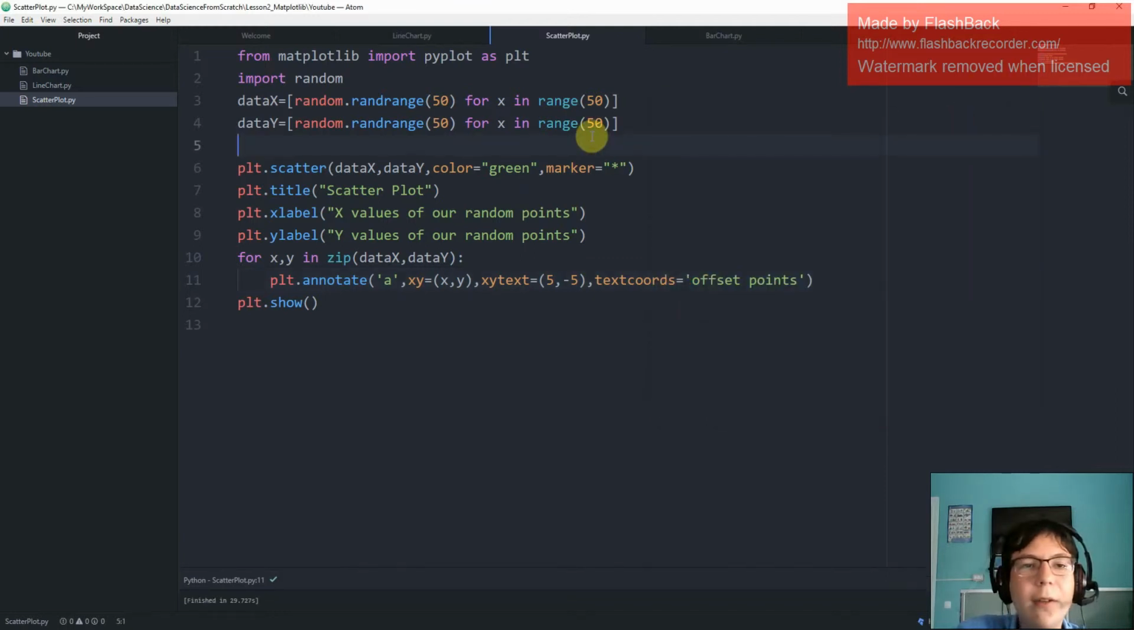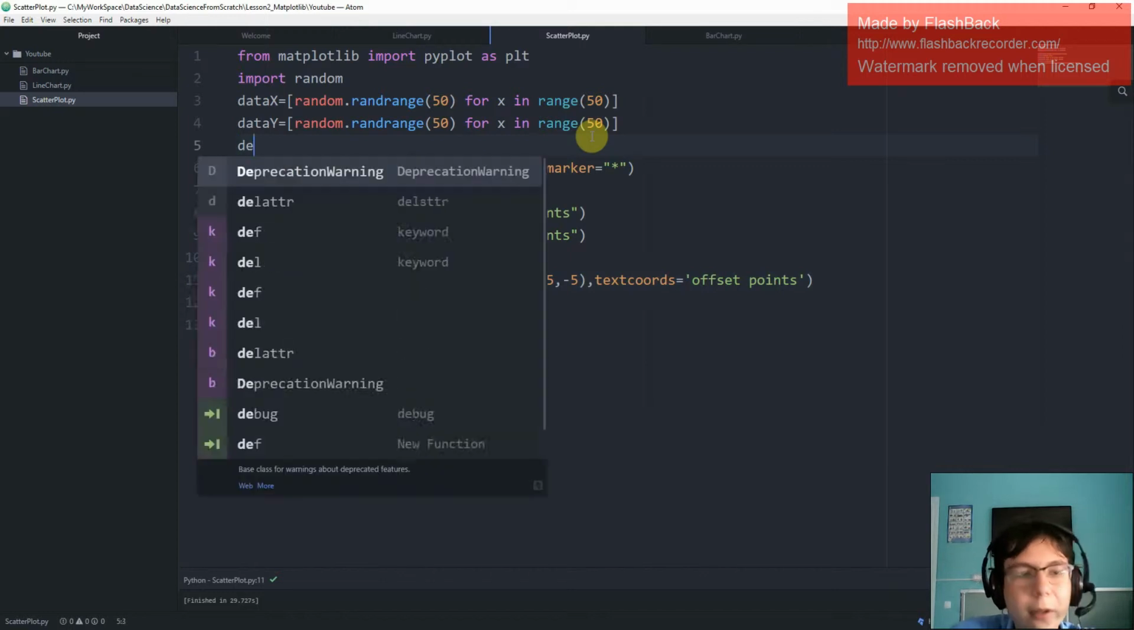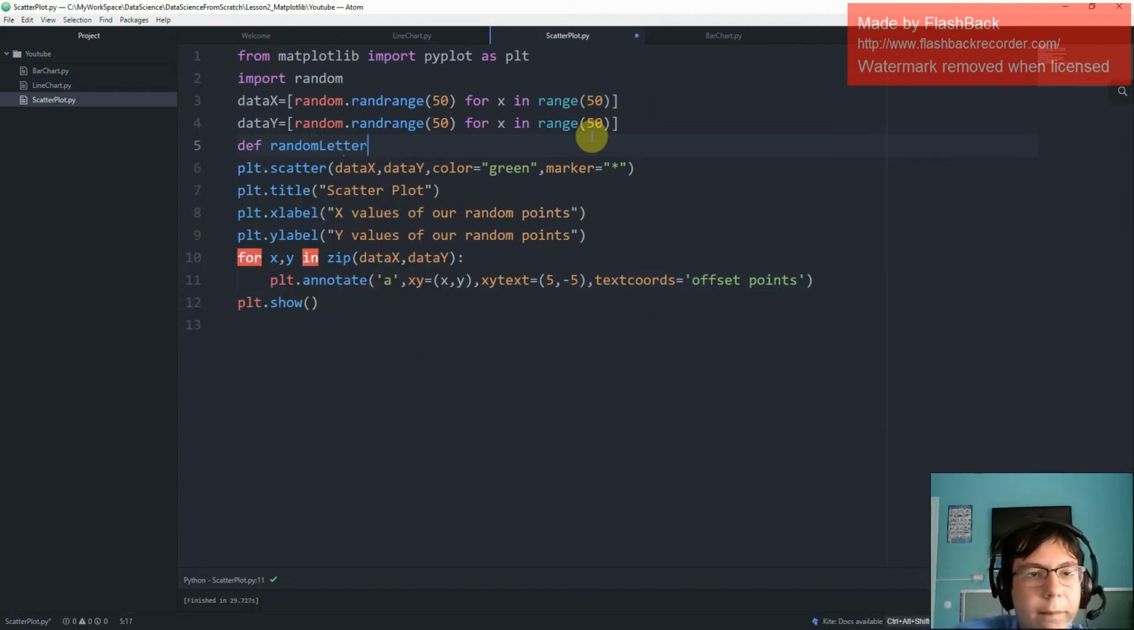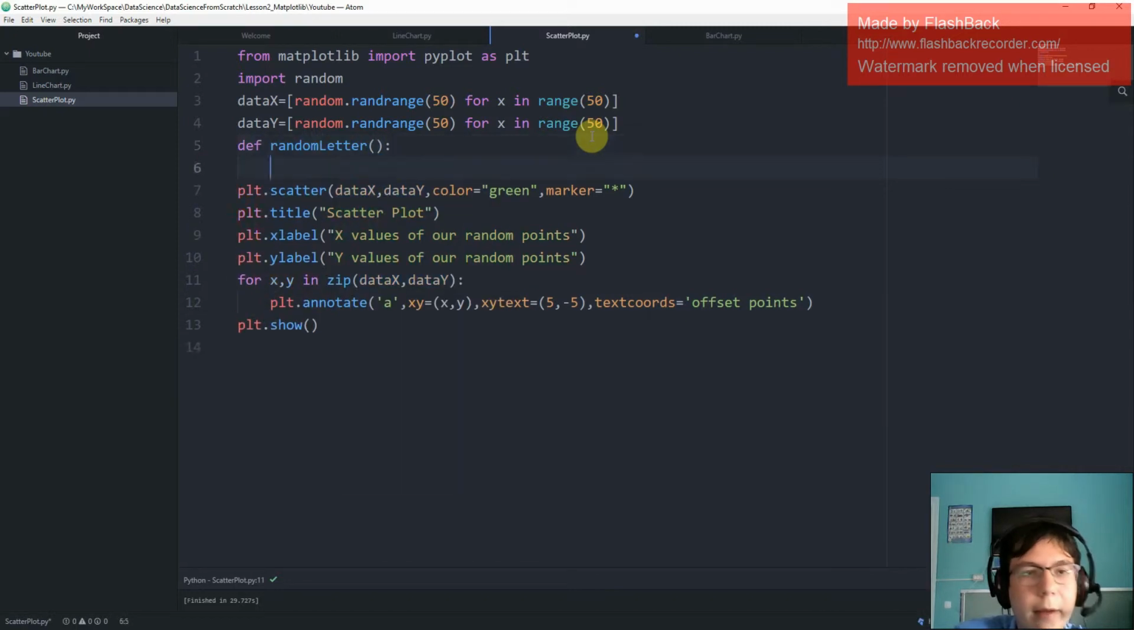It is very easy to do that with the random library in Python. So let's just define the function random_letter, and here we will define a string with all the letters in the alphabet. So letters equals A, B, C, D, E, F, G, H, I, J, K, L, M, N, O, P, Q,